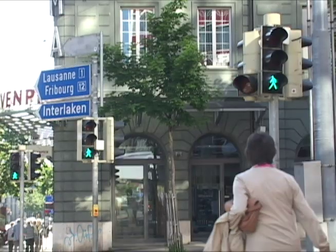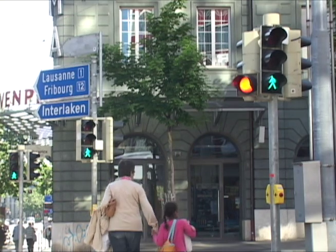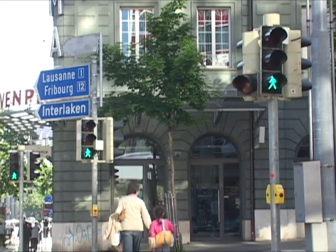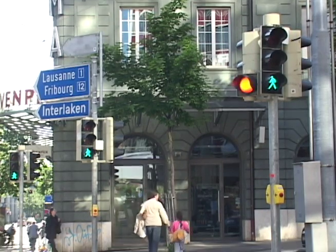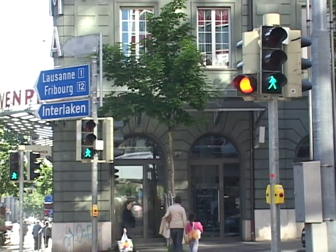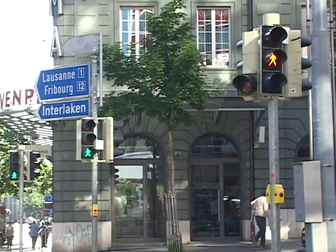We are now looking at the crosswalk where you just saw the cars turning to the right in the previous clip. Bear with me, this clip lasts a little bit and will test your patience, but I wanted to show you how well this intersection works. There are 3 sets of pedestrian signals here. You see the flashing yellow beacon at a median refuge between the opposing directions of travel, and there's a 3rd